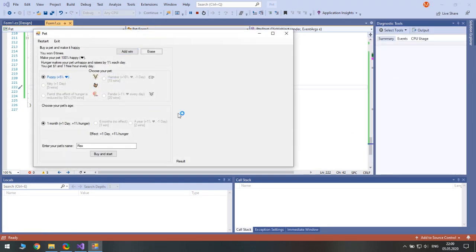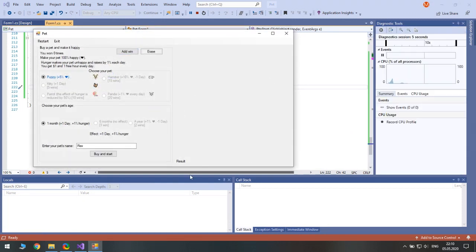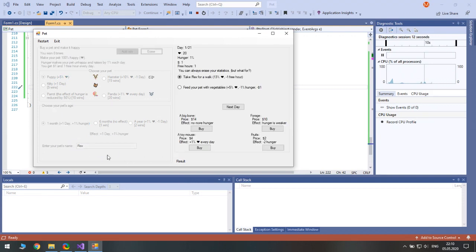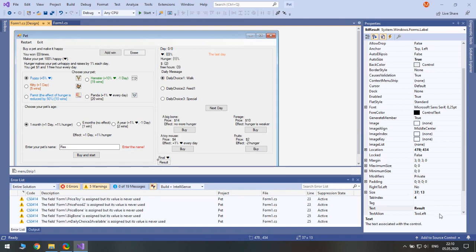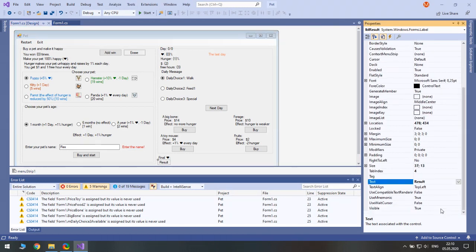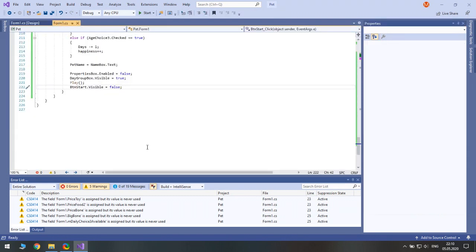Yeah, so this is hidden by default. Somehow result is not. So when we start, yeah, good. Now result. I guess I left it visible by mistake.